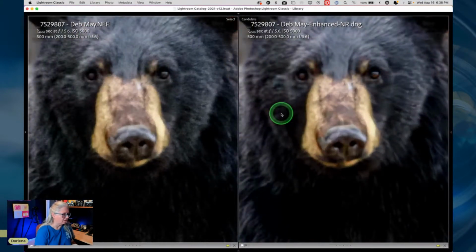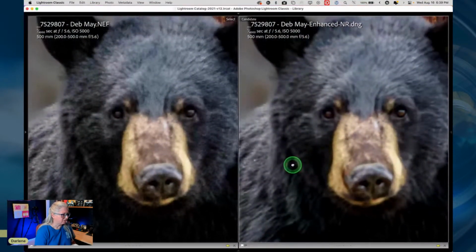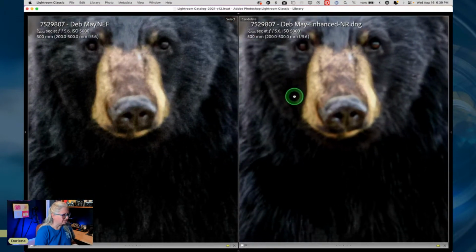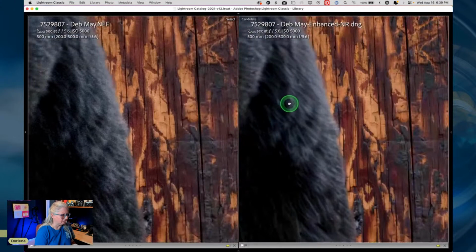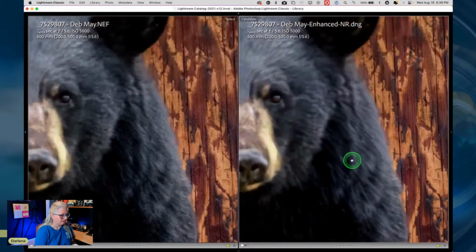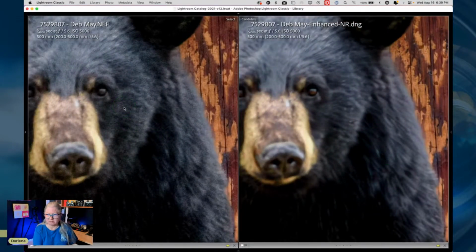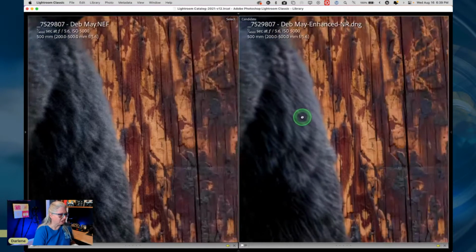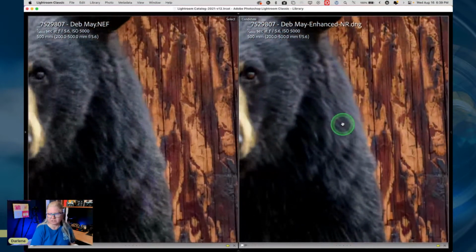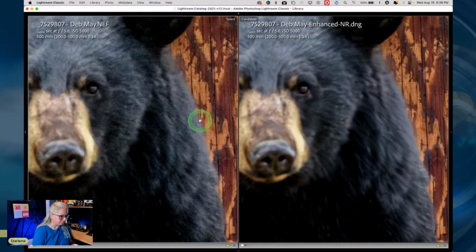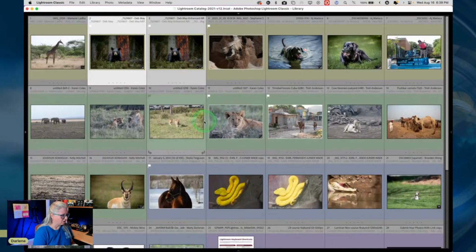As we zoom in, you can see that there's definitely less noise, but it's not as sharp. Okay, so you've lost a lot of detail here. So I'm still on the fence about Lightroom's noise reduction, right? It's okay, but we could run this one through Topaz probably and get a better result and keep it sharper. Might do an experiment on that another time, but Topaz Sharpen and Topaz Denoise do a great job. And also the new tools in Luminar work well. The Denoise, I'm not a big fan of super sharp, but let's see how those work on one of these